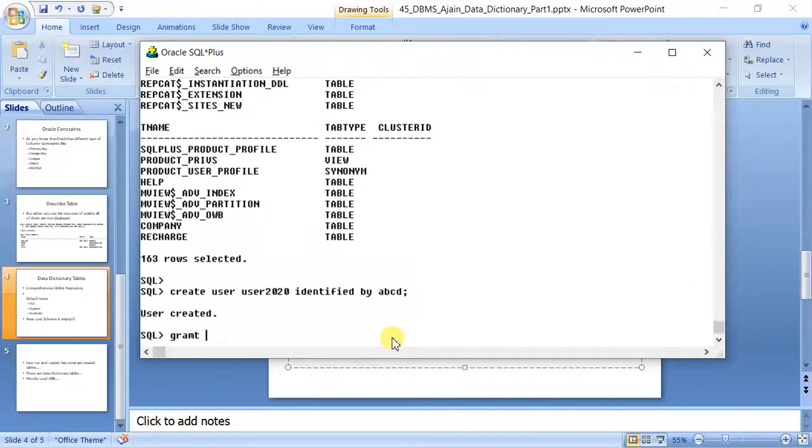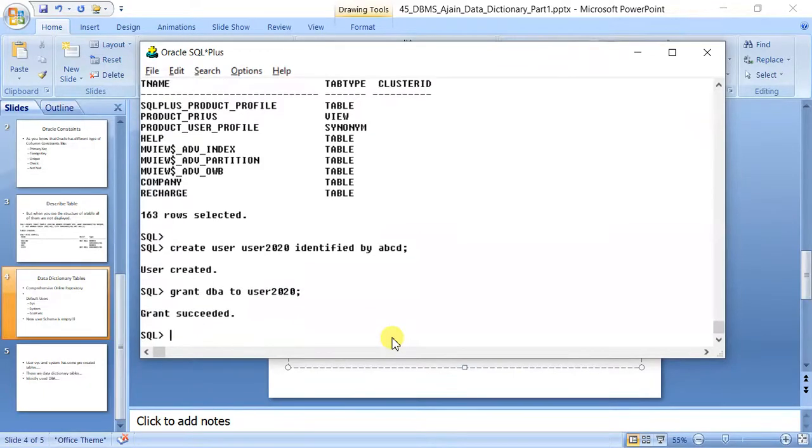Let us give it connection permission, grant DBA to user 2020. You can see it is created. Now let us connect with this user.